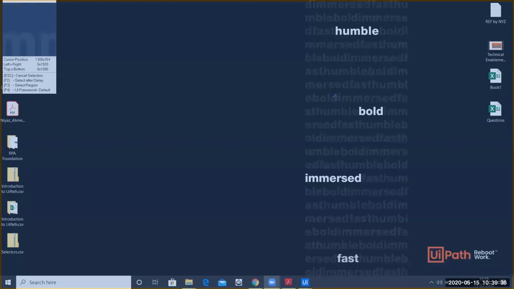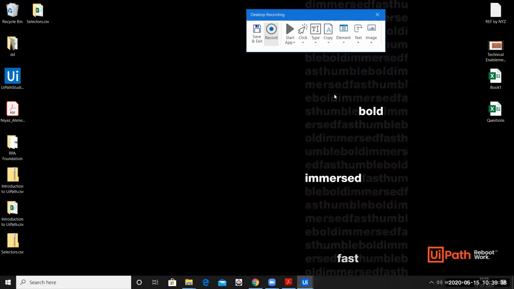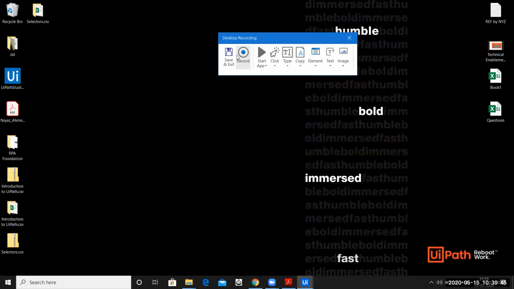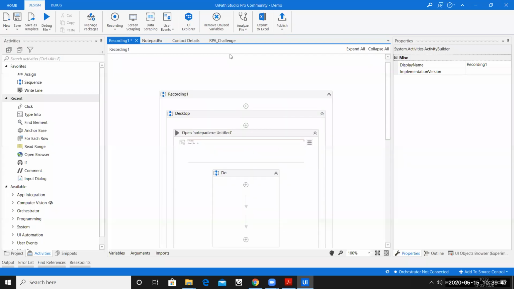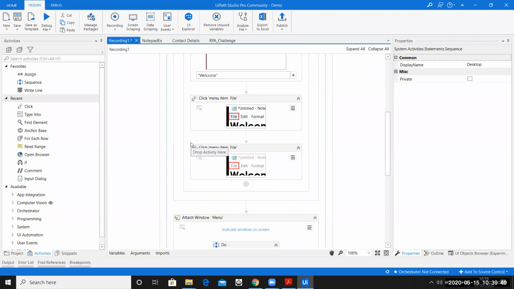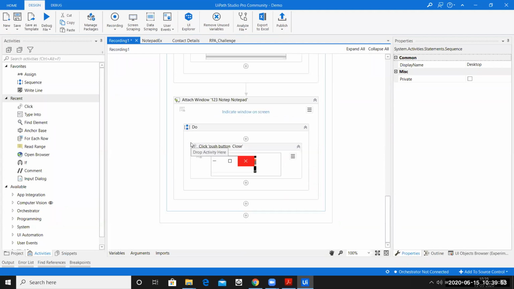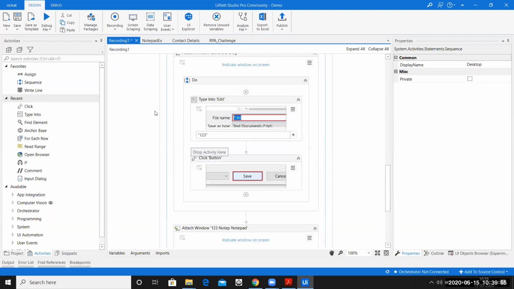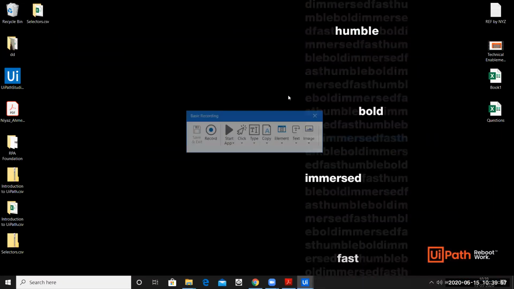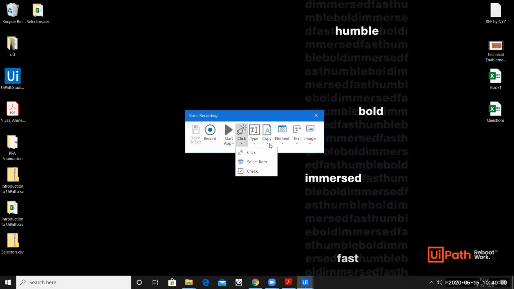There you go. And I'll press the escape keyboard key, so that my recording window comes up. Now I'll say I'm done with the recording. I want to save and exit. Now you can see all the steps have been captured here the same way as we did earlier. So this is much simpler. We need not go and click on each activity from here.